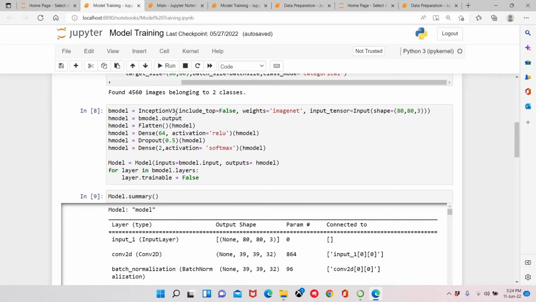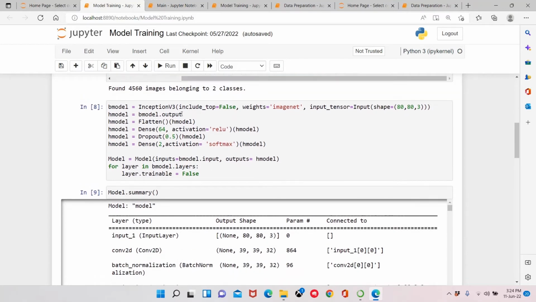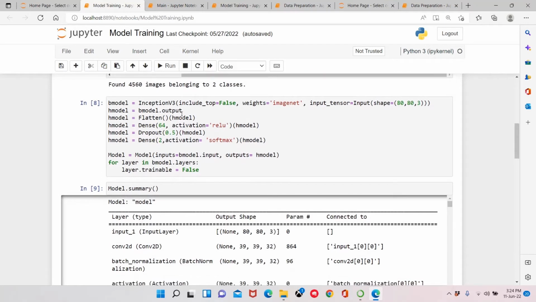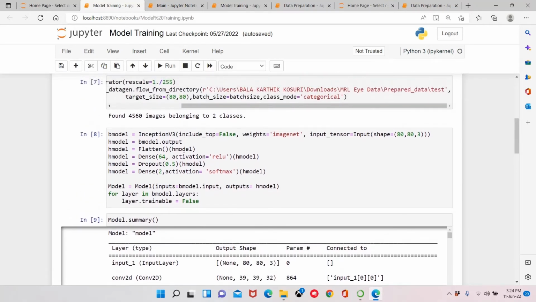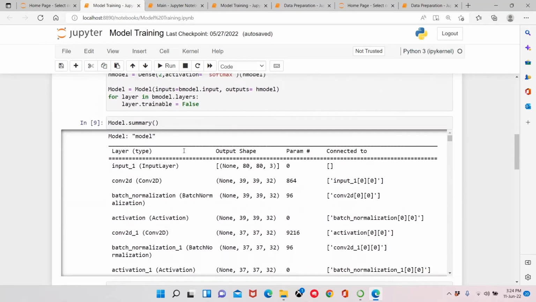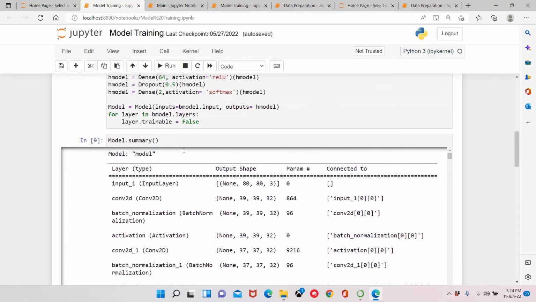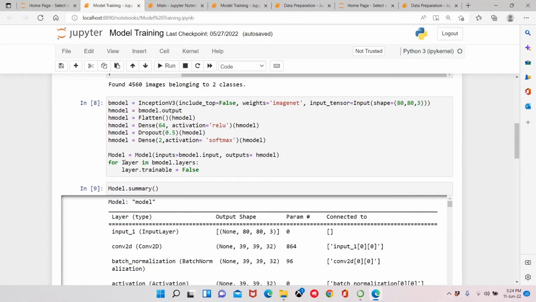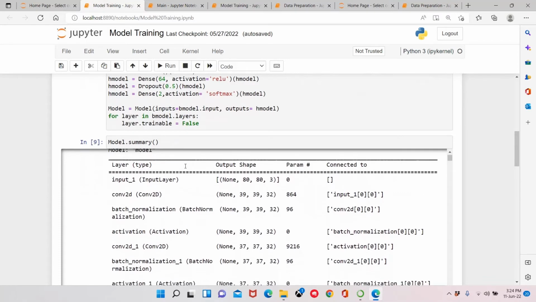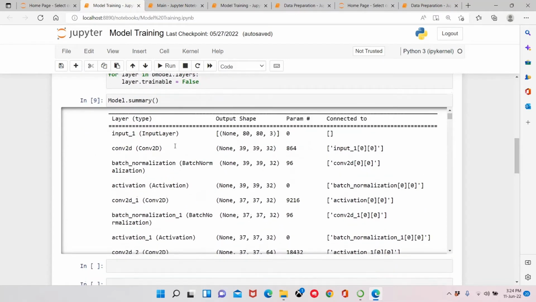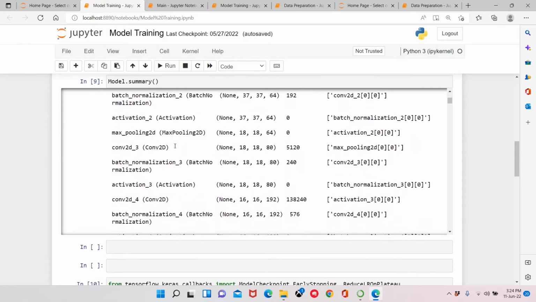Inception v3 is a modeling technique which is highly accurate and has less loss. Here we are assigning the layers and training, and model.summary gives the whole summary of the model.